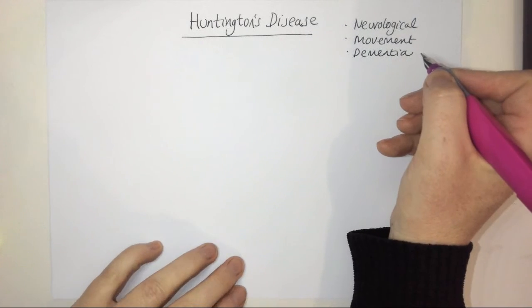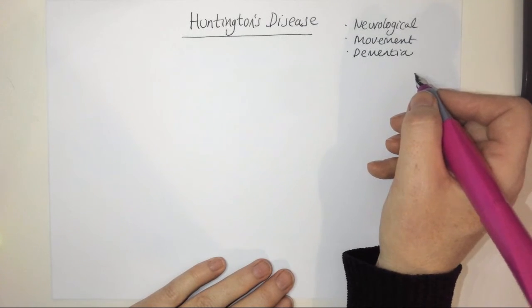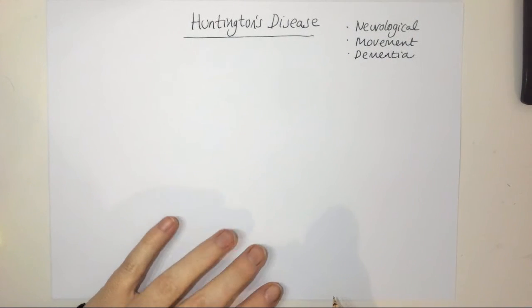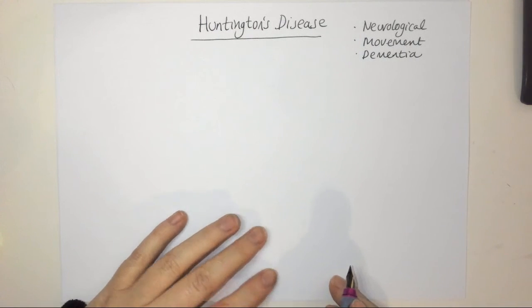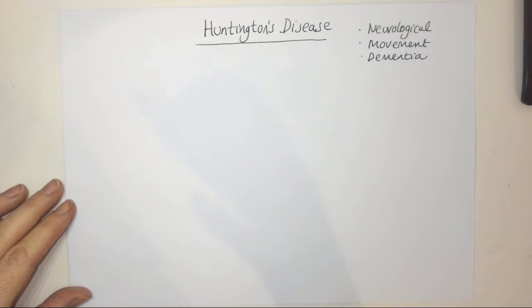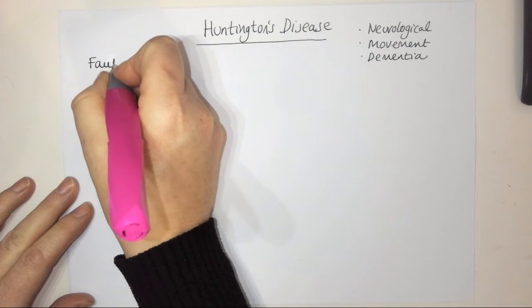So it's actually a really terrible disease, and people do tend to die quite young, well by the time they're about 40. So you might think, well, how can that be something that can be passed on? This is because generally you don't get the symptoms until you are perhaps in your 30s, by which time you may have already had children, especially if you don't know that you have this condition because you haven't had any symptoms. So this is an important one to understand because it's caused by a faulty